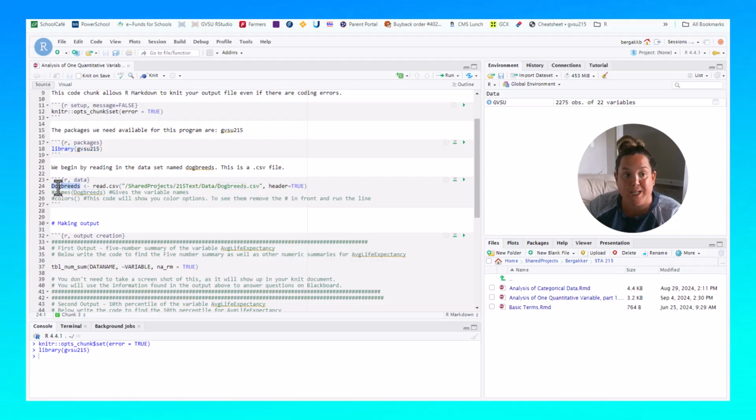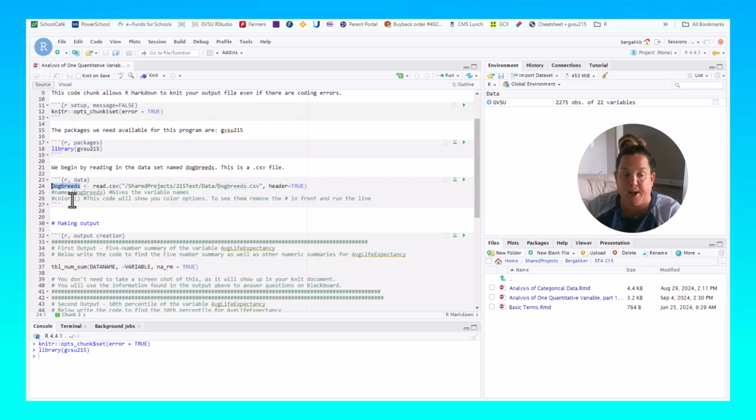Next, we're going to read in our data, and right now, because my session is actually attached to the old session, I also see GBSU, which if you remember is what we did last week. That's okay. It's available to me, even though it's not part of this project. I do, however, need the dog breeds data, and so I have to run this chunk of code,